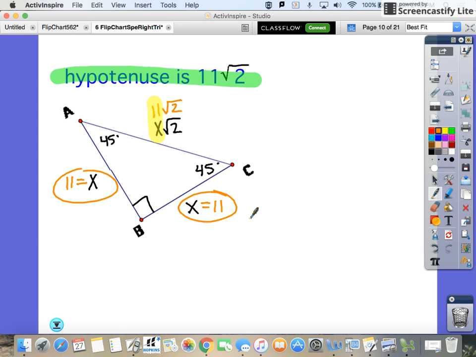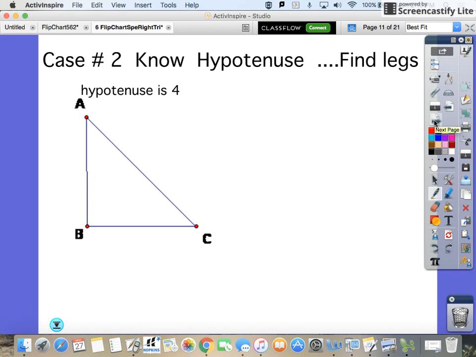So right when you were getting comfortable, I'm going to throw a little bit of a wrinkle in things, because that's what happens in math and that's what we like to do to you. So here, this is case number 2, where we know the hypotenuse and we have to find the legs. So we're going to start off the same way. Here's our 90-degree angle. That means this is the hypotenuse. So these are x and x,